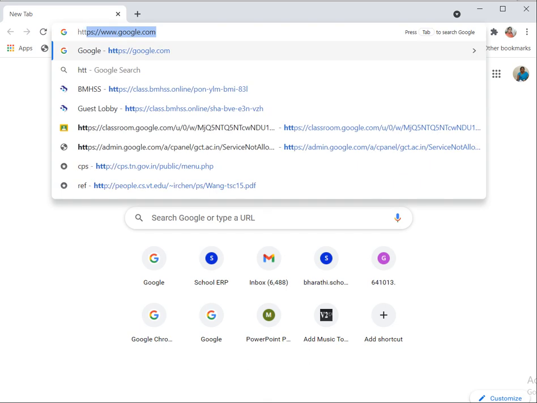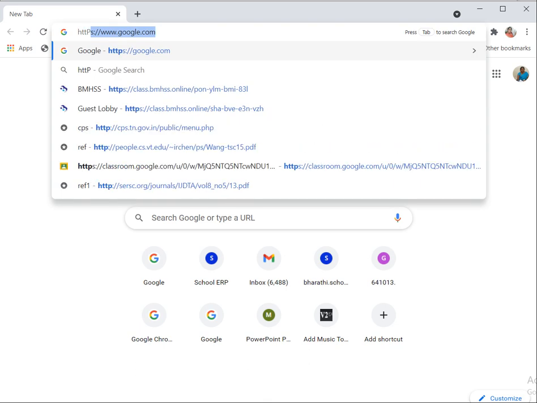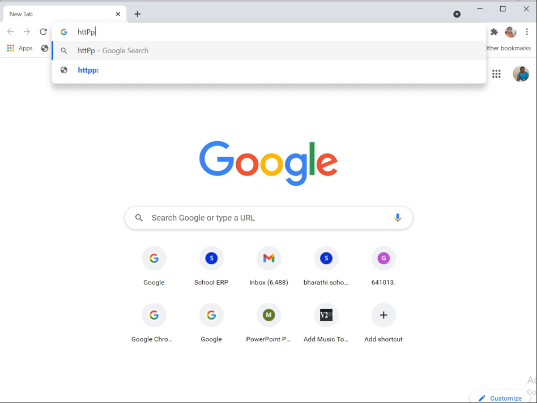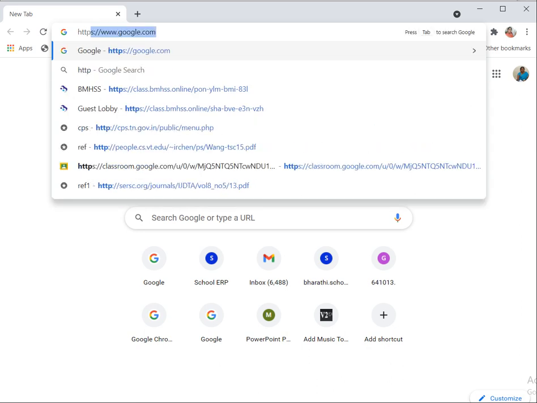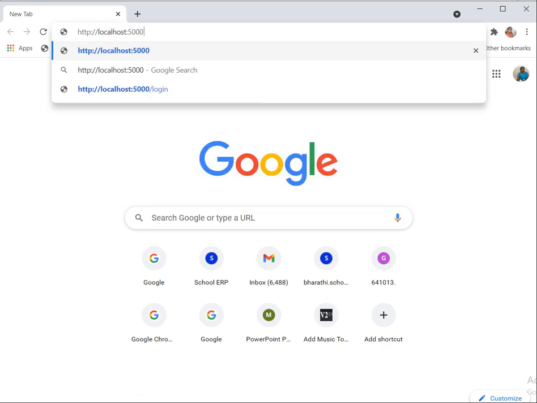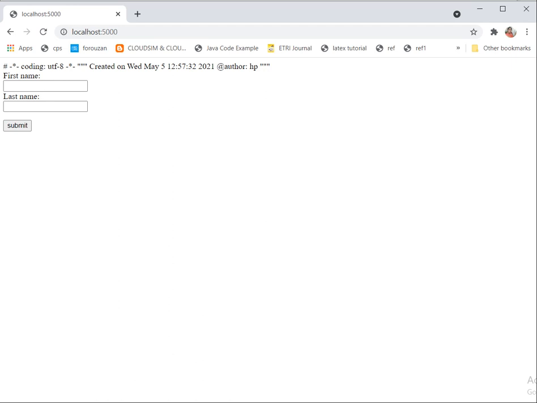Just type http colon slash slash localhost colon 5000, right?